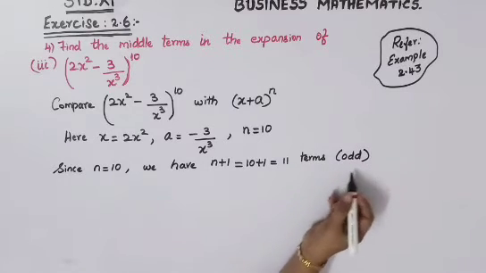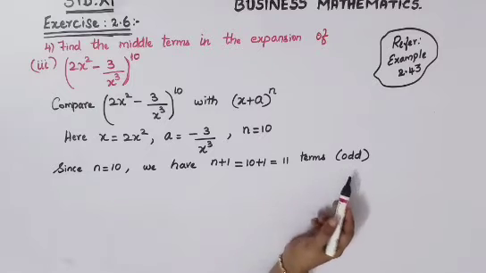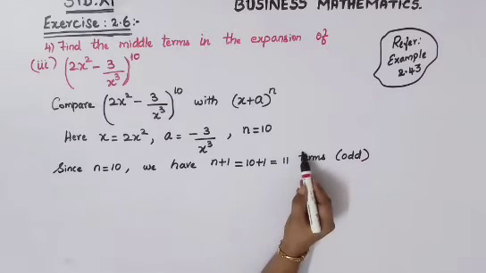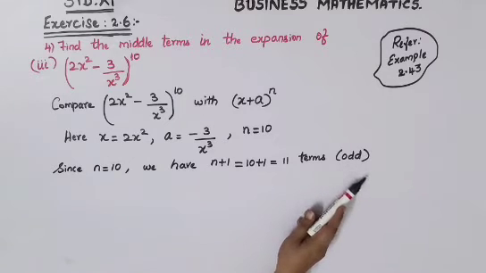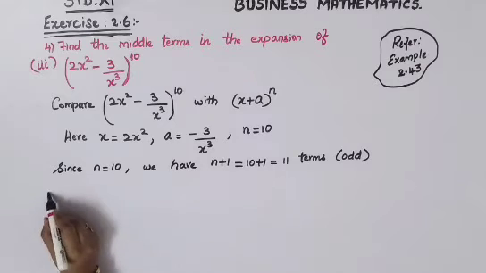First declare whether it is an odd number or an even number, because you have got two formulas. One is for odd, one is for even. So first find whether it is odd or even, then substitute into your formula. Now we are getting an odd number. Therefore the middle term is